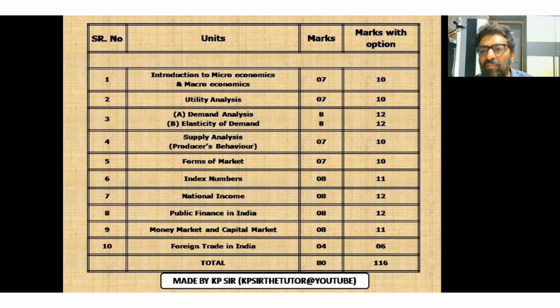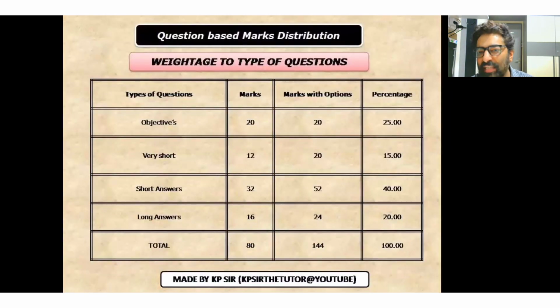Yes, but the topics of microeconomics are simpler, at the same time they're lengthy. So when you attempt microeconomics, be quick in writing it. Do not waste time in overthinking it, or else you might end up not utilizing your time properly. Okay, and then you feel stressed out, thinking I've left my paper, what to do. As I initially said, your objective is comprised of 25%. This is the percentage wise chart. What type of questions carry how much percentage of the total marks?